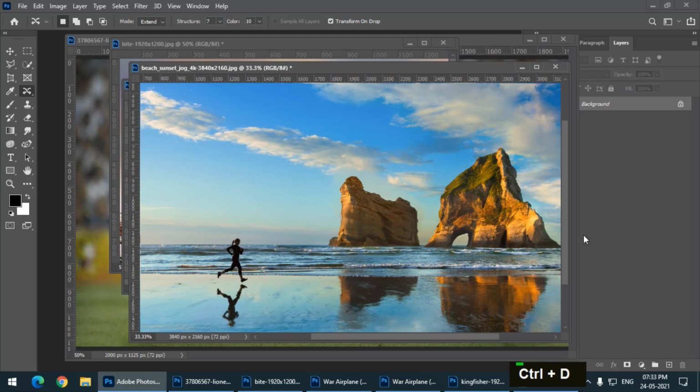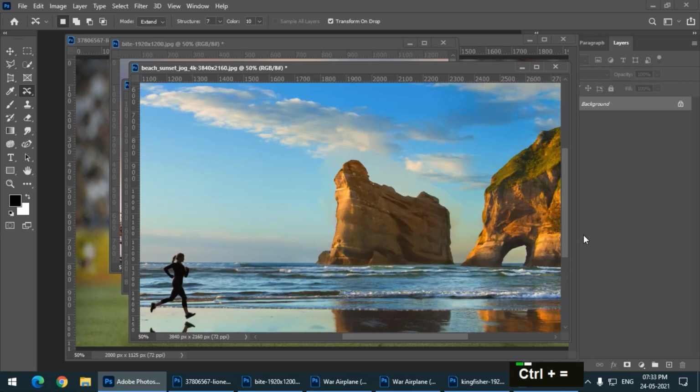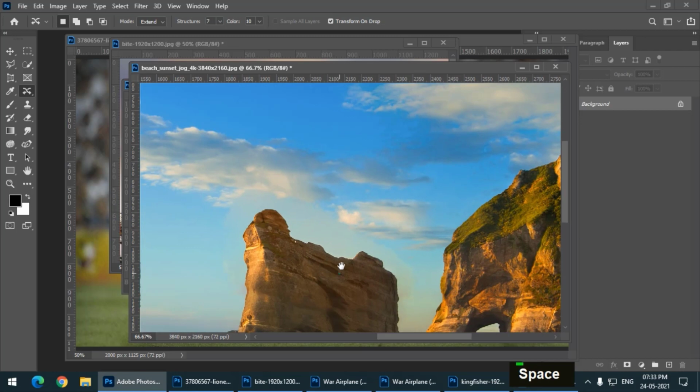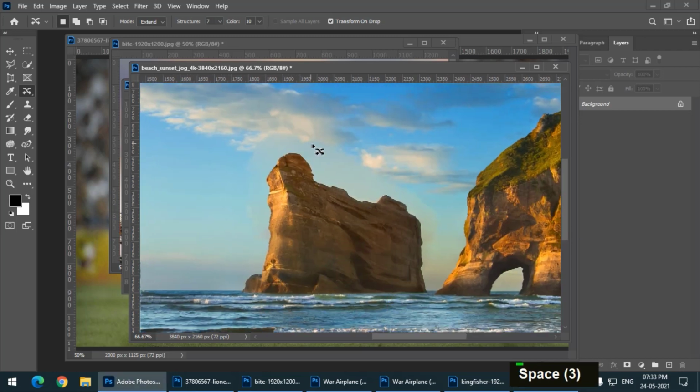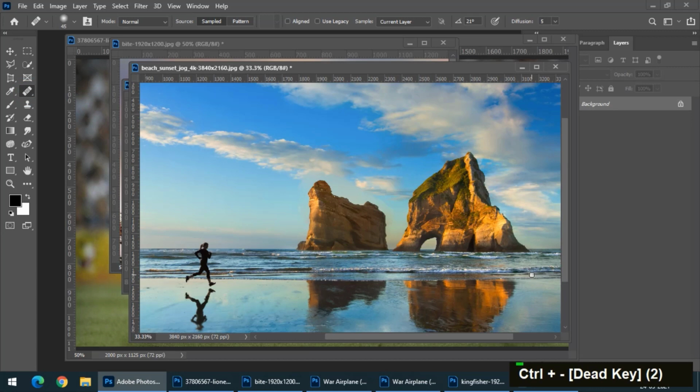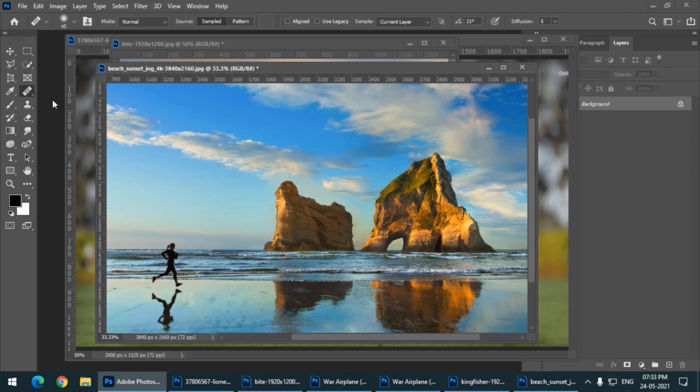Okay, so pretty good again, but as you can see, there is some portion outside the selection area. So you can try to make it correct by using the healing brush tool. Maybe it doesn't work well in all images. It works well in selected images, but it is a very useful tool for chopping and changing images or the location of objects. So okay, that's it for this video.